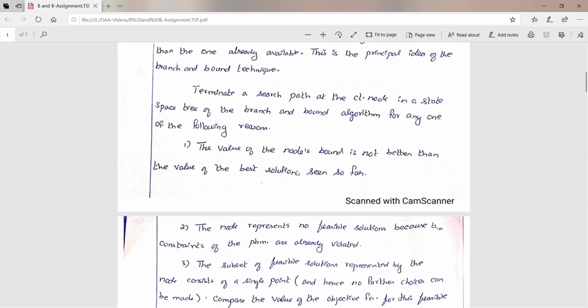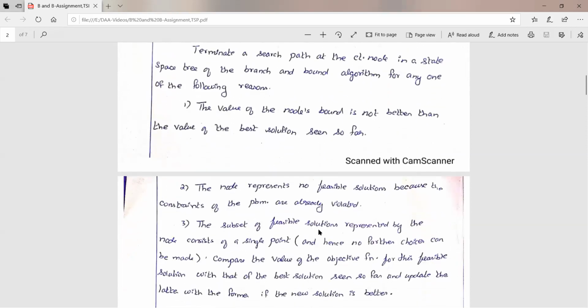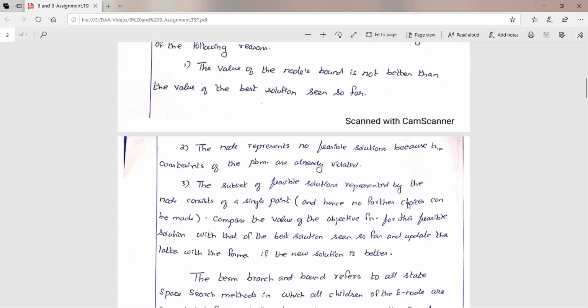We find each and every node's bound value, and if it is not better than the value of the best solution, we can terminate the search path. Otherwise, if the node represents no feasible solution, we can terminate that particular path. Also, the subset of feasible solutions represented by the node consists of a single point, so no further choices can be made.